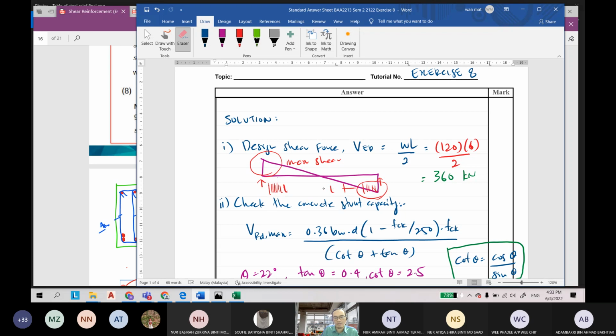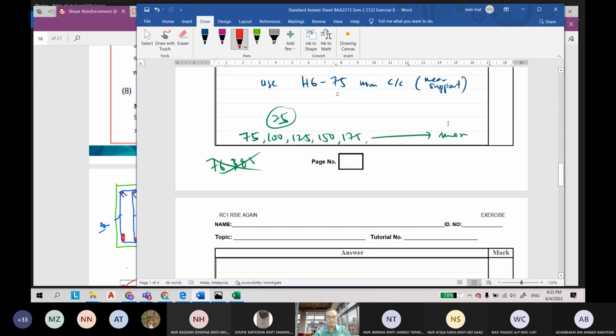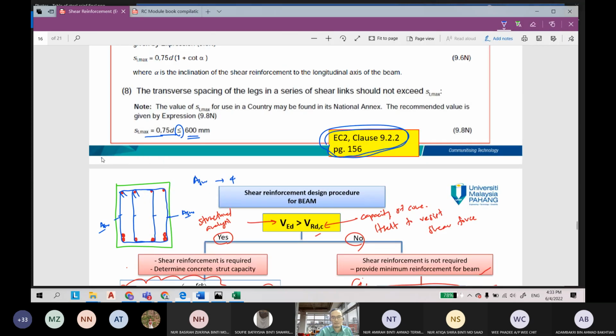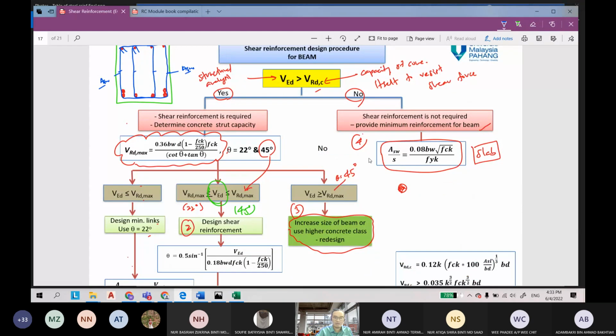Okay, for the sake of economy, to save the budget and the resources of steel, we can reduce the link at the middle span. Design step number 4 is we design the minimum link, for near the midspan. So for ASW, we use the equation I provide here. This is the equation for minimum link,